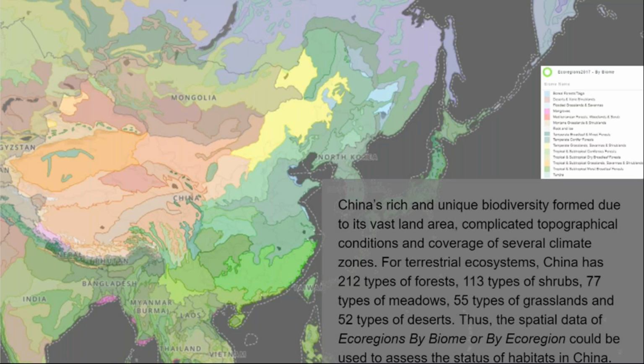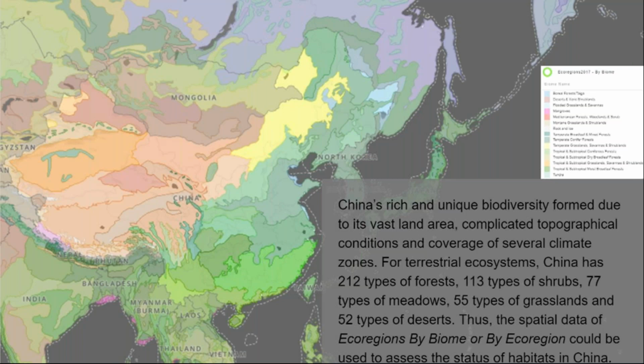So in the last part of this presentation, I will introduce some potential spatial data in the UNBL to support China's biodiversity conservation policies. These spatial data were chosen because they have been scientifically proven to be reliable, with much more potential to support biodiversity reporting and monitoring in China in the future. These potential spatial data are involved in the aspects of the status and changes of the national habitat, protected areas, and